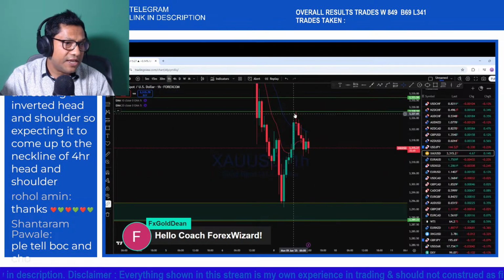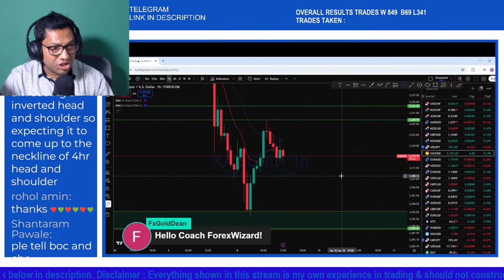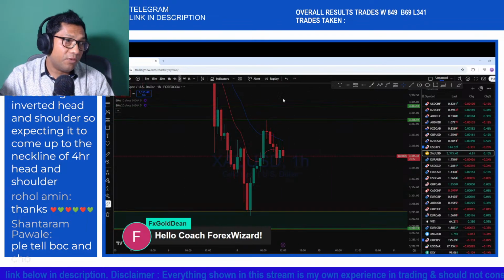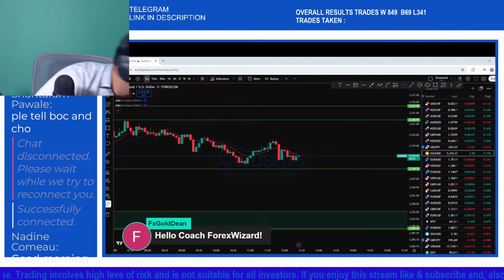Now again we can see the price started to drop in the major direction of the trend, as we are discussing from the daily, that this market potentially remains